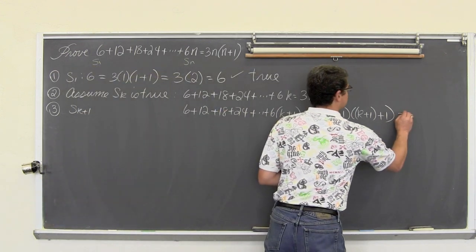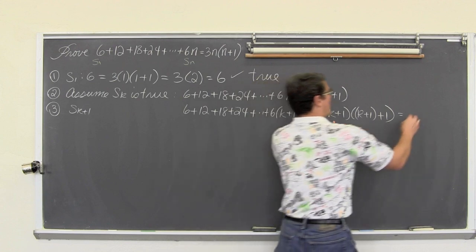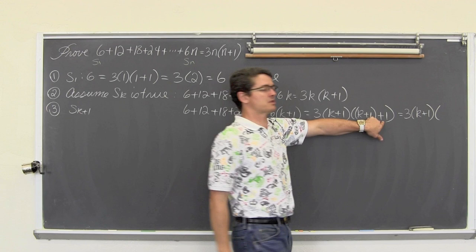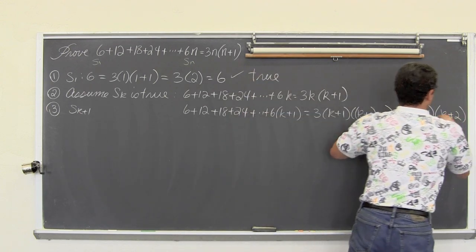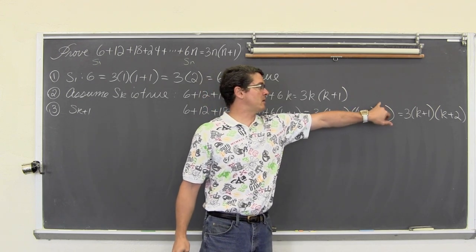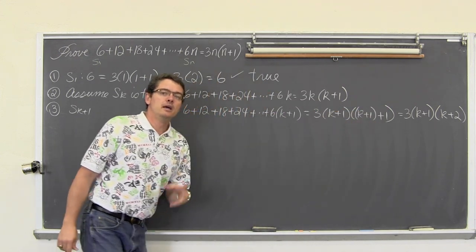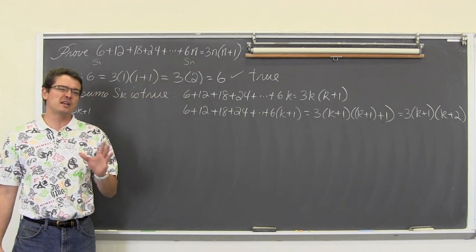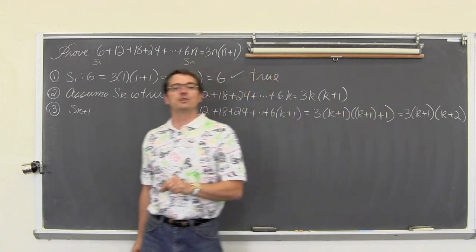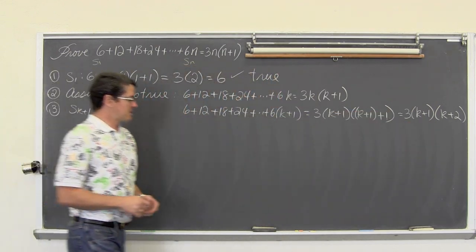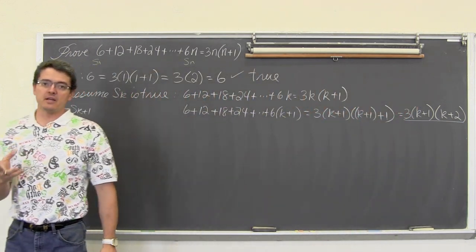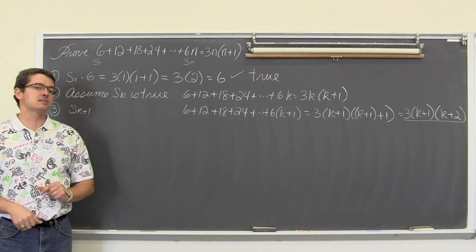This comes out to be 3 times k plus 1. And then, of course, 1 plus 1 is equal to 2. These parentheses are here just to show the substitution, but there's no leading coefficient, there's no exponent, and there's no division below that parentheses. And there's nothing I can do algebraically inside of it. So it was just there as a placeholder for me to do that substitution, and I can go ahead and just do the 1 plus 1 is equal to 2. This had better be the last line of the rest of my induction proof. When I get back to actually doing the proof, that needs to be my last line.